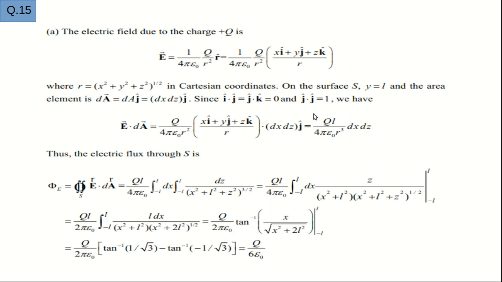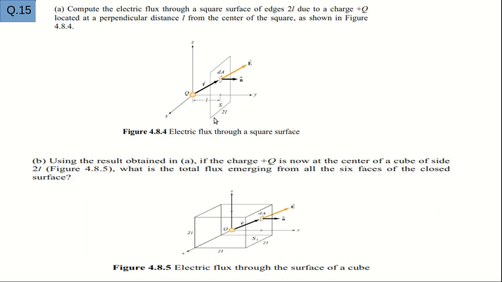If you do this you will get this equation, and then for the flux through the total surface, you need to integrate from minus L to plus L for dx and minus L to plus L for dz. This gives a simple equation that you can integrate analytically. It will give q by 6 epsilon naught, right? So this will be the flux through each surface. As I got here q by 6 epsilon naught, from this method also you will get q by 6 epsilon naught, which is the flux through one single surface.